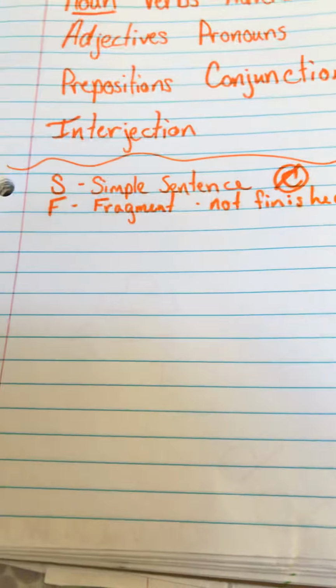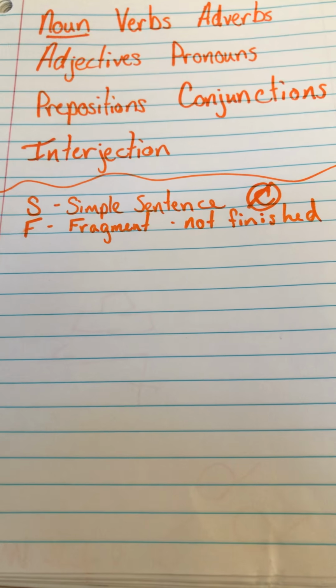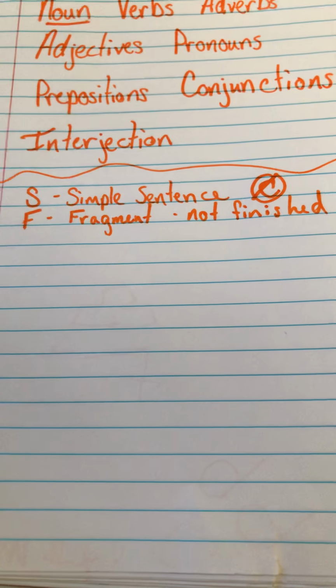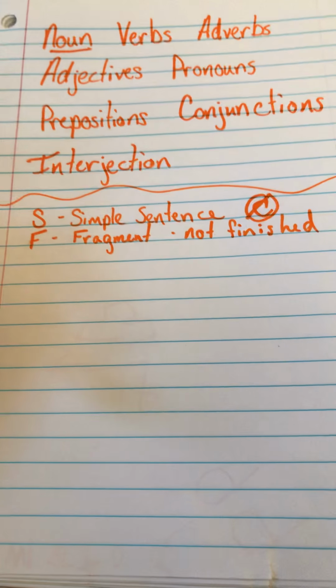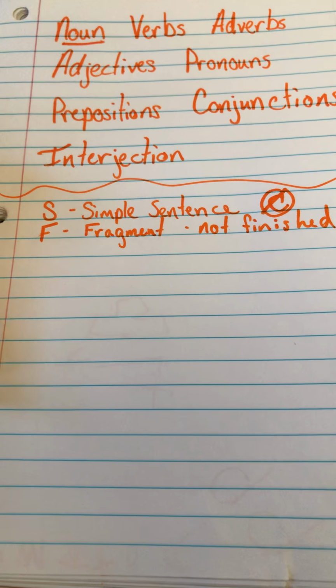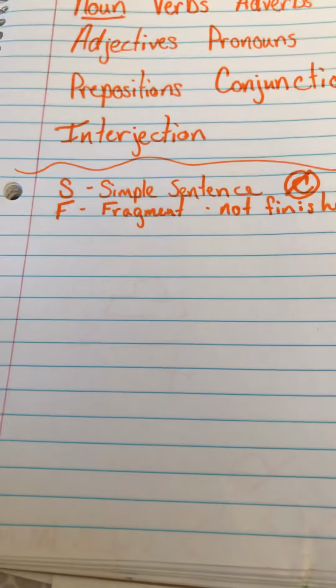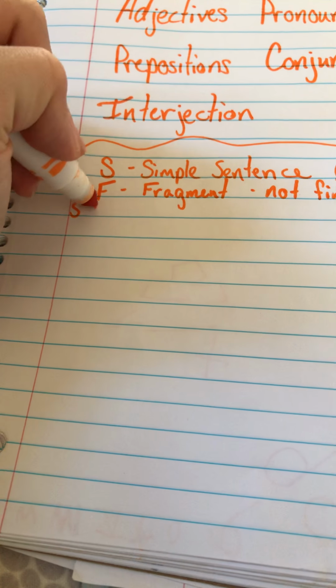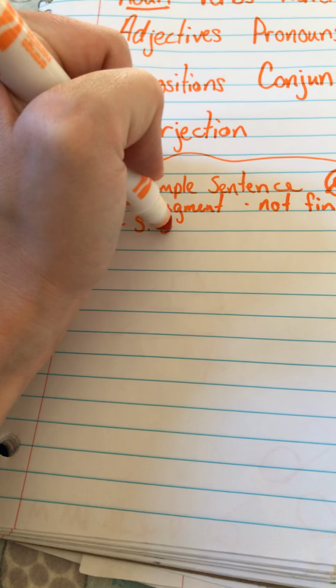So that would be like, we ran up the hill to, and then you leave it there and you're like, to what? Or running down the hill. Who ran down the hill? What happened to them? We have SCS, which is a simple sentence. I'm just going to put S for simple. Simple sentence